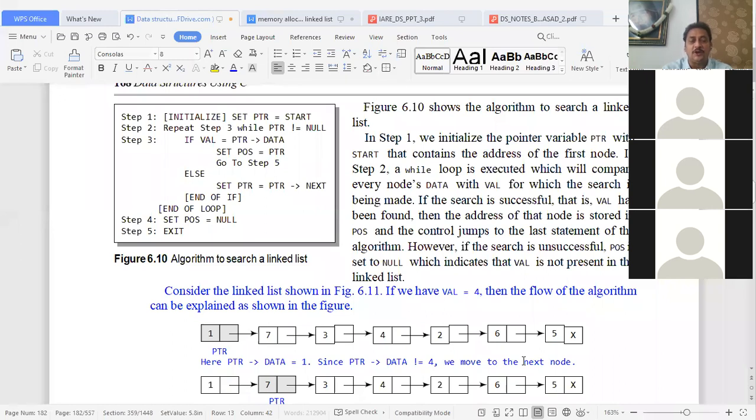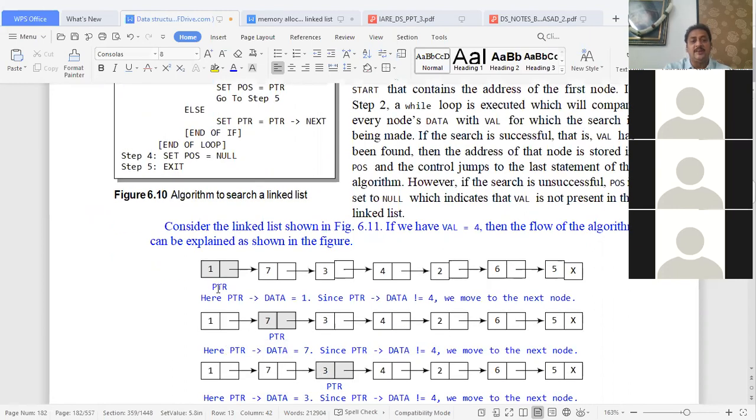We are doing the same process that we did in linear search. What did we do in linear search? We searched the elements one by one. We start from the first node and search all the elements one by one. The same process we are doing. The only thing is we are initializing the pointer equal to start, since we are about to start from the first node. Then we compare pointer data with the searching element. Value equals 4, so with that value all the time we are about to search.